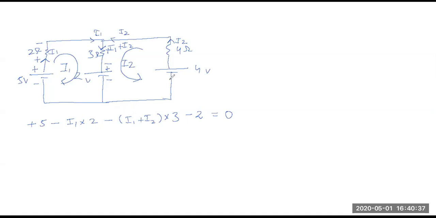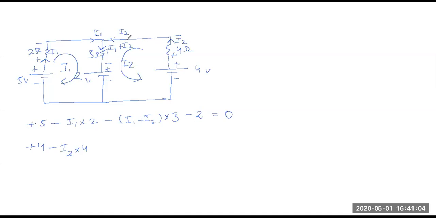But if you're going in anti-clockwise sense, first let's say battery, right? So you're going in anti-clockwise direction, so that means down to up. So minus to plus. So you'll write down plus 4. Now, if you'll see the direction of current, this will be plus, this will be minus. And since you are going in anti-clockwise direction, you are going from plus to minus. So you'll write down it as minus of I2 into 4.